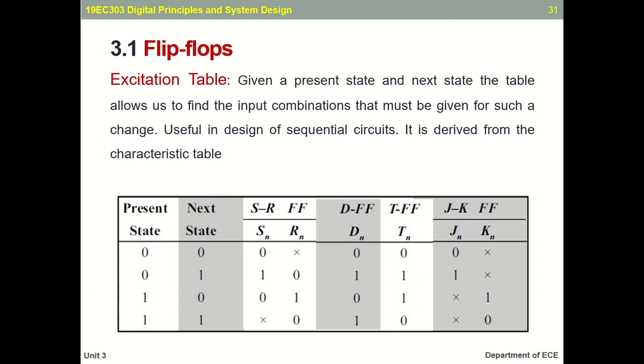In such problems, they will give you just a state diagram alone, only the transitions. From the state diagram you can find the Qn and Qn plus 1. If you know the transitions from Qn to Qn plus 1, the current state and next state are known.